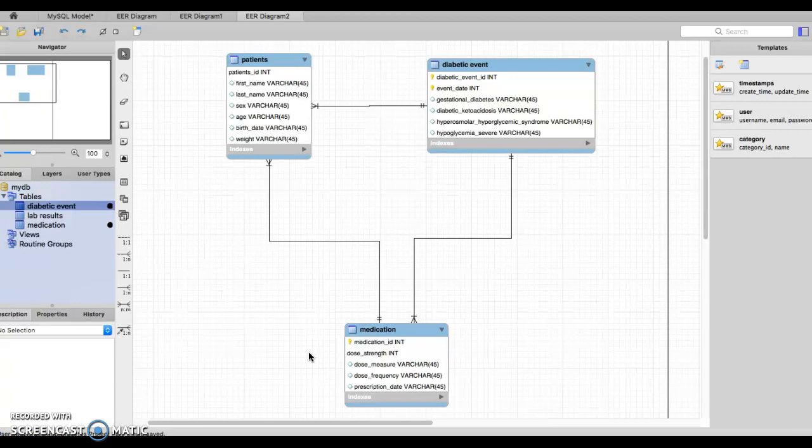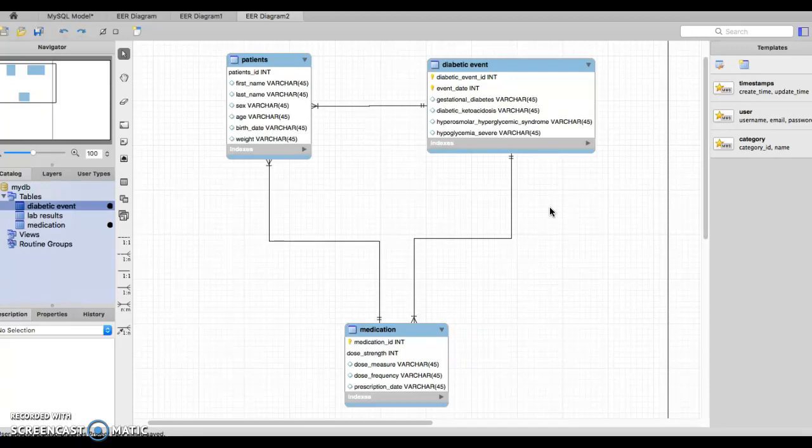The second table that we will look at is the diabetic event, which is listed here. Now, this table was created in order to address the information that Wild et al. addressed in their paper about a proper diabetes diagnosis. Now, I had mentioned earlier that there are some instances where it's not a standard type 1 diabetes diagnosis or